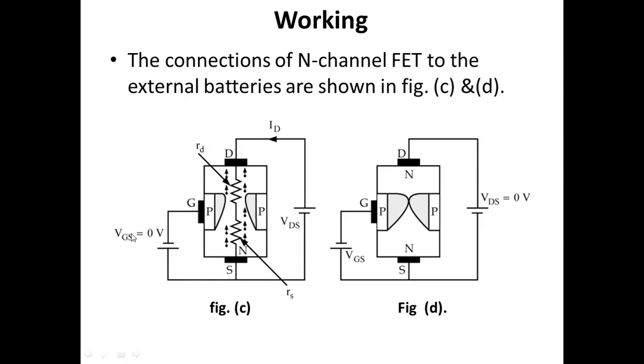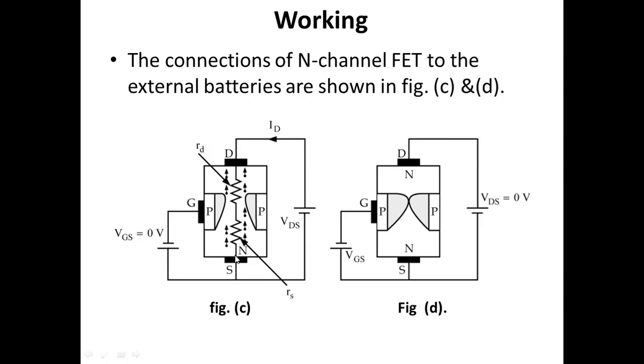Because of the resistance of the channel and the applied voltage VDS, there is a gradual increase in the positive potential along the channel from source to drain. Thus, the reverse voltage across the PN junction increases. Hence, the thickness of the depletion region also increases. Therefore, the channel is wedge shaped. Here you see, this is the reverse bias along the channel.